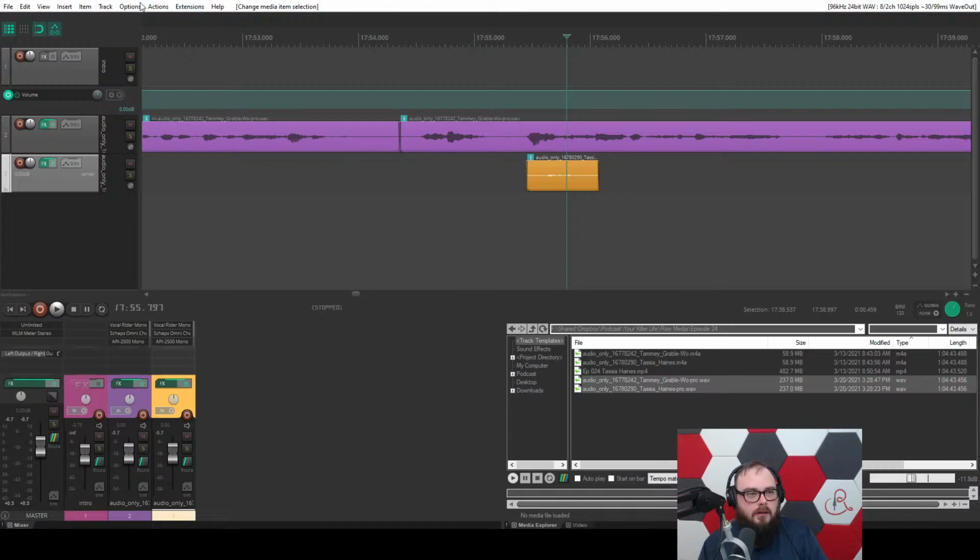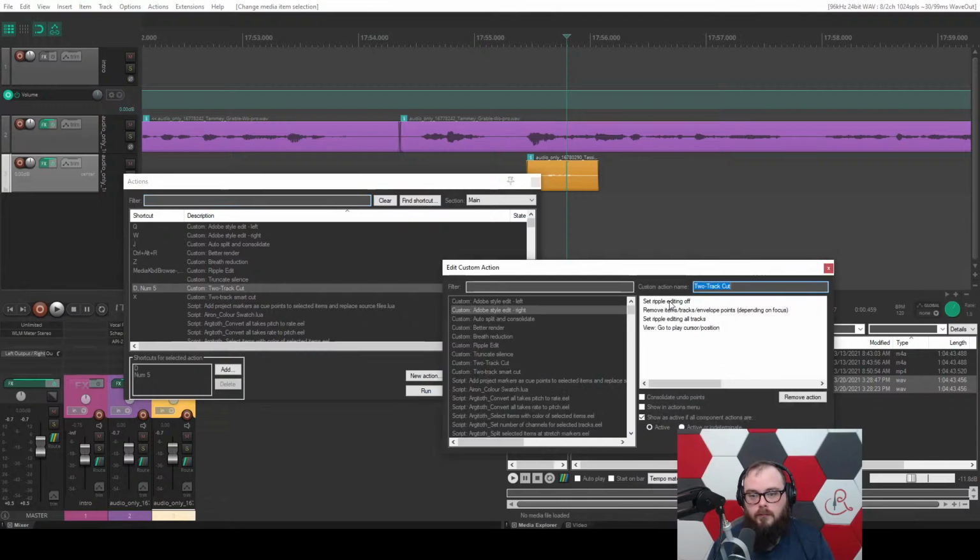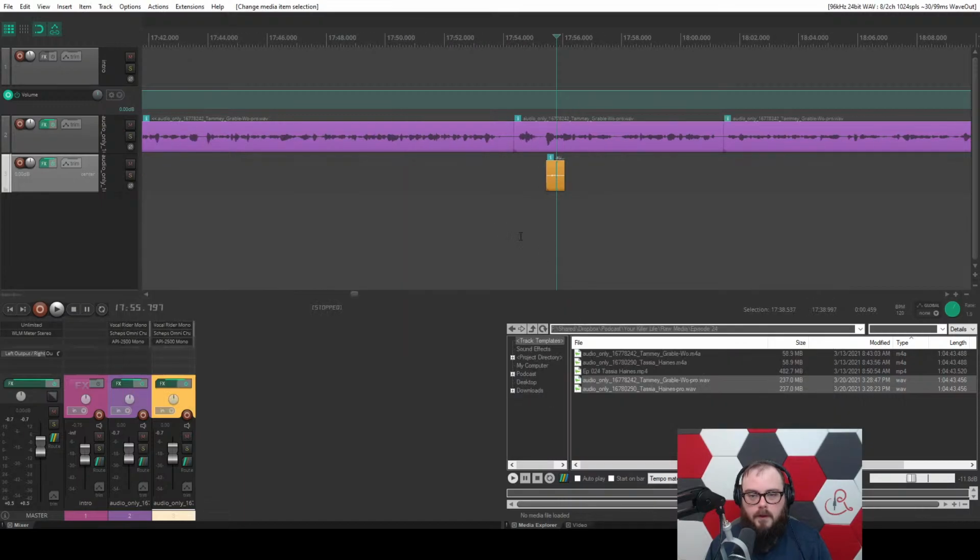So the custom action I created for that one is right here, this 2-track cut. It's pretty simple. It turns ripple editing off, removes the selected item, turns ripple editing back on, and then jumps to the cursor position. So that way, as you're going through, and you probably see me do this a couple times already,